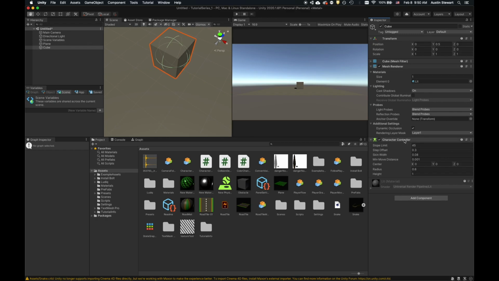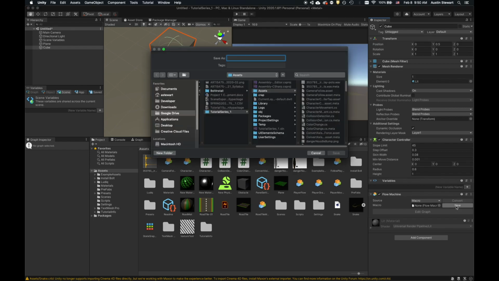So to do that with the character controller, we're going to need to add a graph. So we're going to say Bolt flow machine, and let's go ahead and make this a macro, and I'm probably going to have to figure out what to name it. So I'm going to click new. I know I've got a ton of different things named character. I'm just going to call this